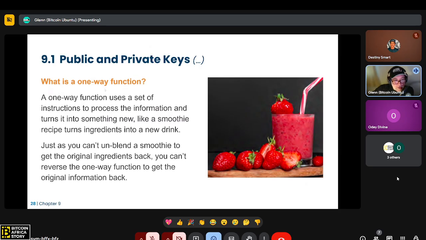Right, so what is a one-way function? Now we understand what functions are. What are one-way functions? These use a set of instructions to process the information and turn it into something new, like a smoothie recipe turns ingredients into a new drink. Just like you can't unblend the smoothie back into the inputs,